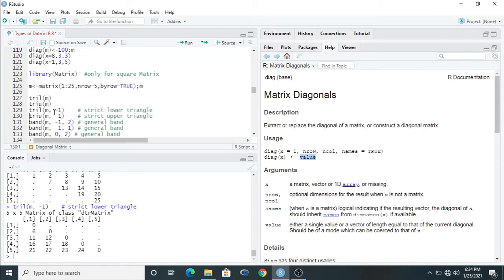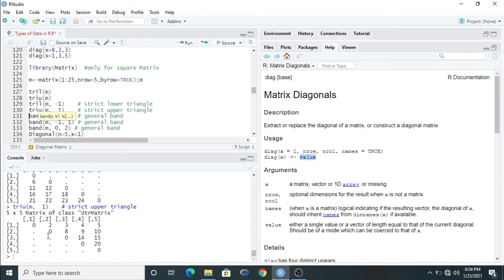Clear? If you use +1, but remember one thing, if this is triangle L, then we have to put -1. For triangle upper, U, then we have to put +1. For +1, the diagonal element will be 0. This +1 and -1 is used for the diagonal element only. Clear? In the lower case, if we put -1 here, it will replace the diagonal element with 0, and the same thing also happens in the case of upper.